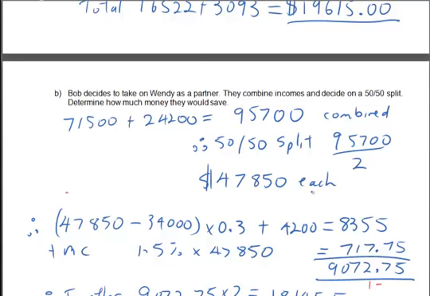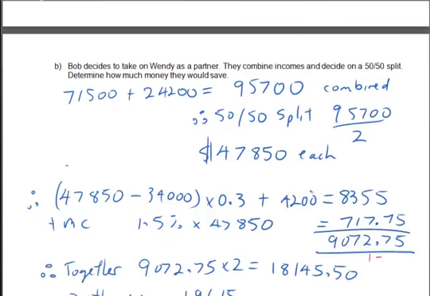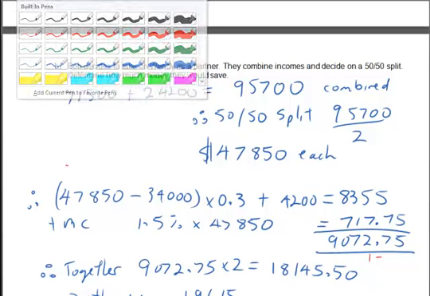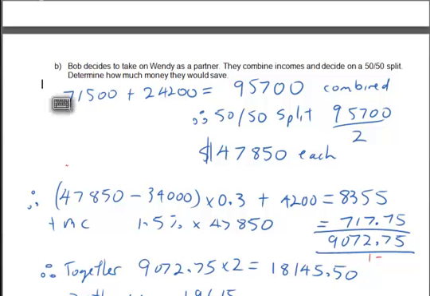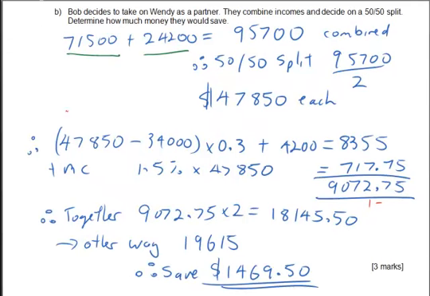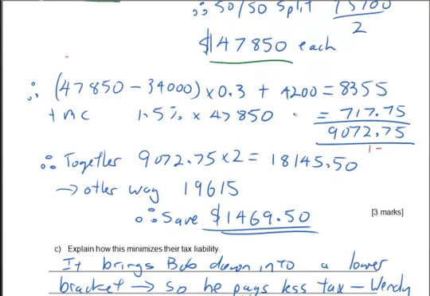What they decide to do next is to have a combined income, so they go 50-50. So you add the two wages together, so you've got already what their incomes are from the first question. So you add the two together, and they've got a combined income of 95,700. Divide that by 2 because it's a 50-50 split, and it means each of them get 47,850. So you work out the tax on that now. Same deal, take times add, then you get